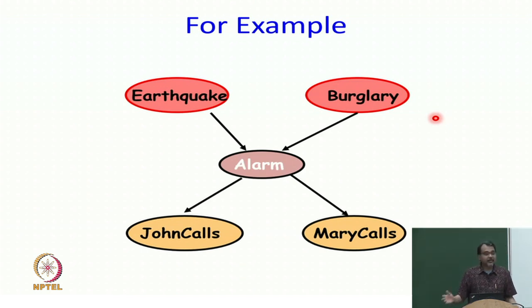Earthquake is independent of burglary. Let us just think in simple terms. If I tell you that there is earthquake, that does not tell me that your house is being burgled, as long as we do not model the inside that there is earthquake, therefore there is frenzy, people have gone crazy and suddenly some people can take advantage of that situation. We have not used that particular thing. So, modulo that, earthquake is sort of an independent phenomenon, burglary is an independent phenomenon. Now, the interesting question,